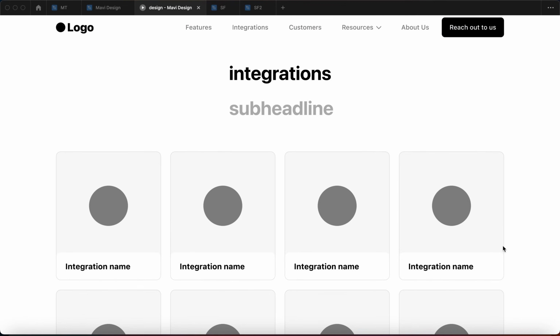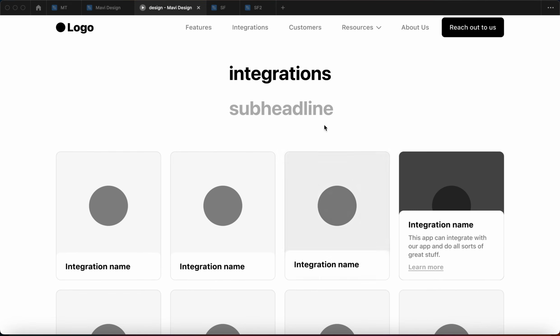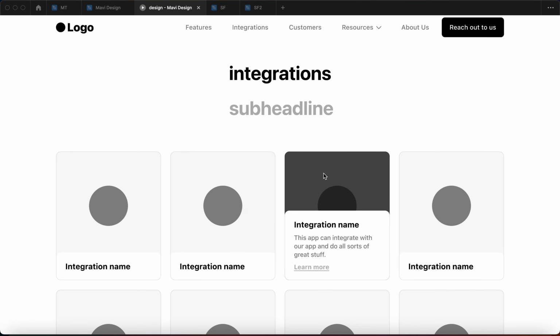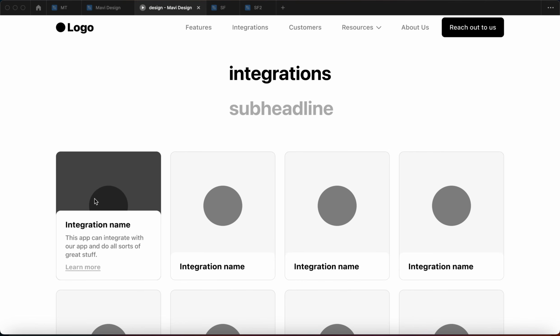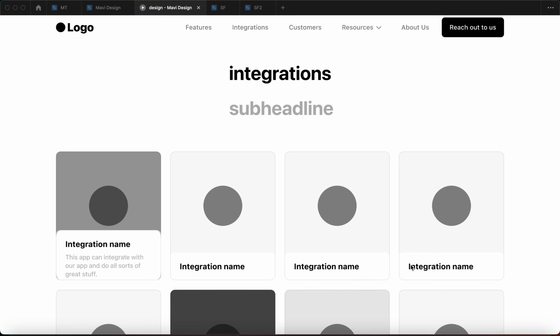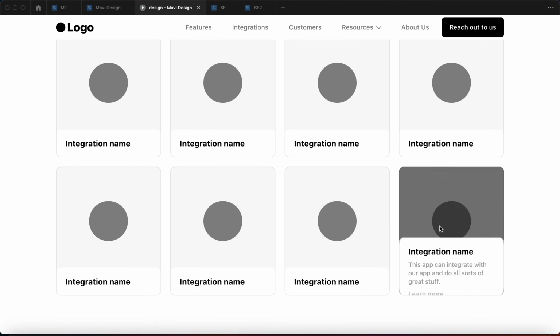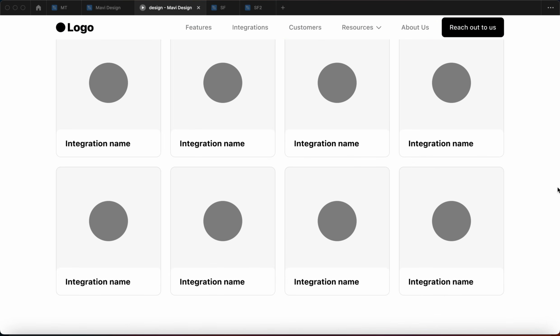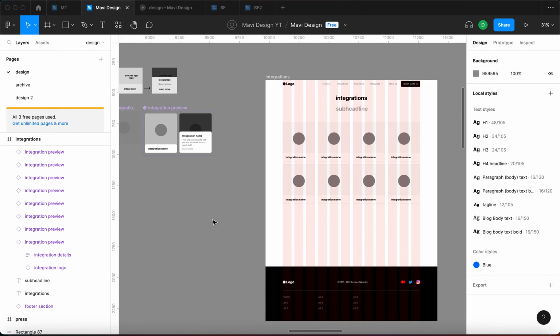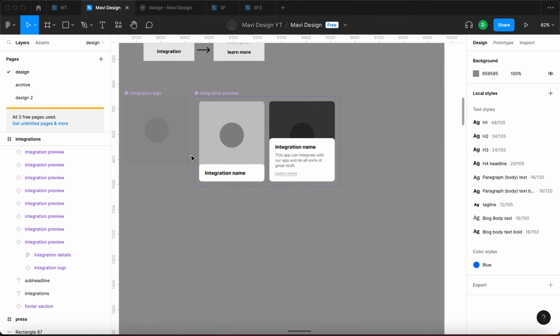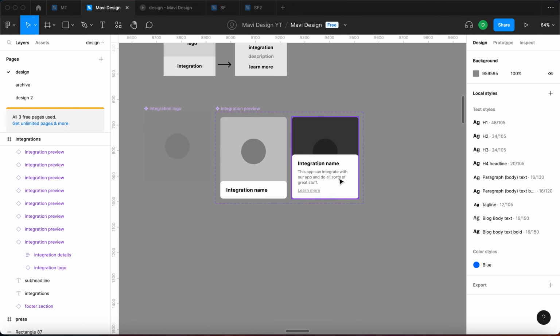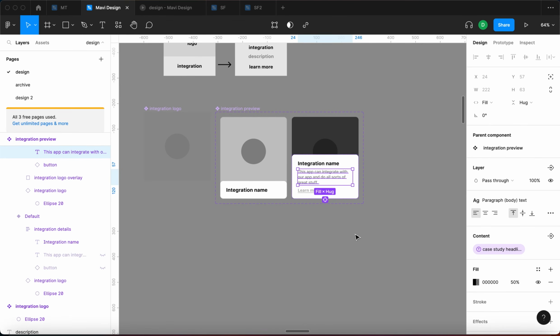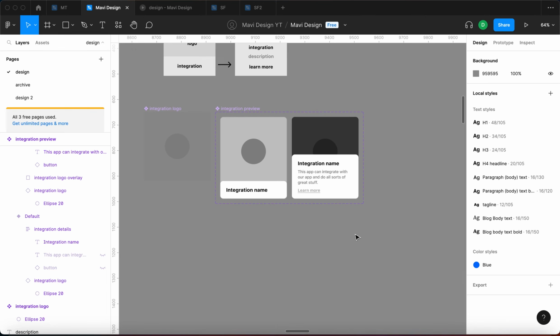So that's awesome. And as you can see, we are having one small issue. All of these are the same, all of these have a circle as a logo, and all of these have the same copy, right? That doesn't make any sense. These are just placeholders. So how do we make it easy to replace these with content? That is a very good question, and to manage this, we are going to be using component properties and